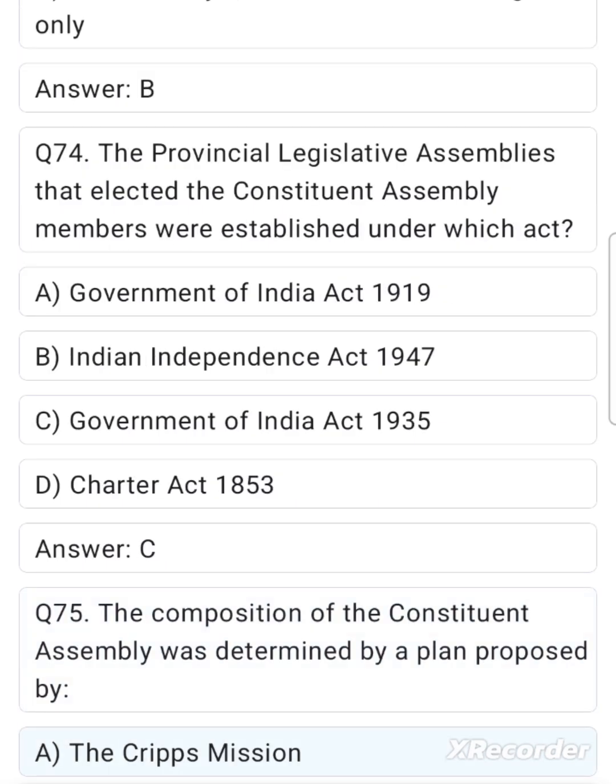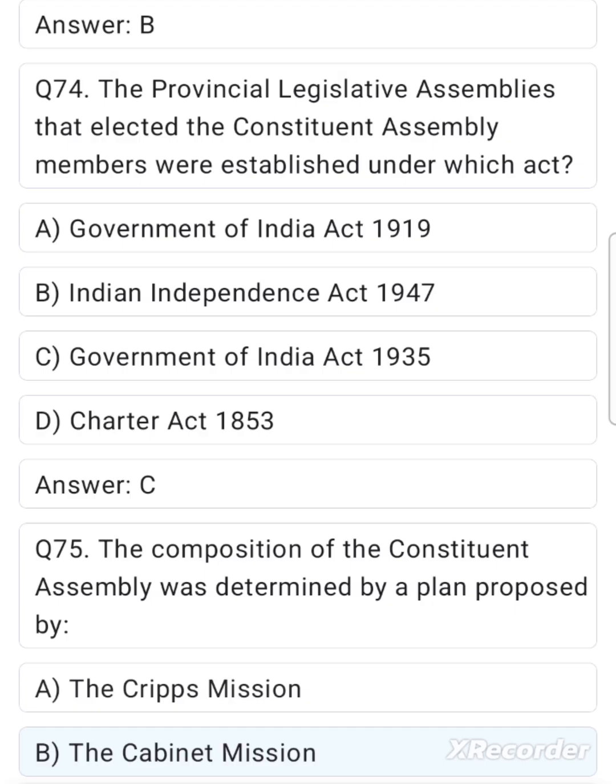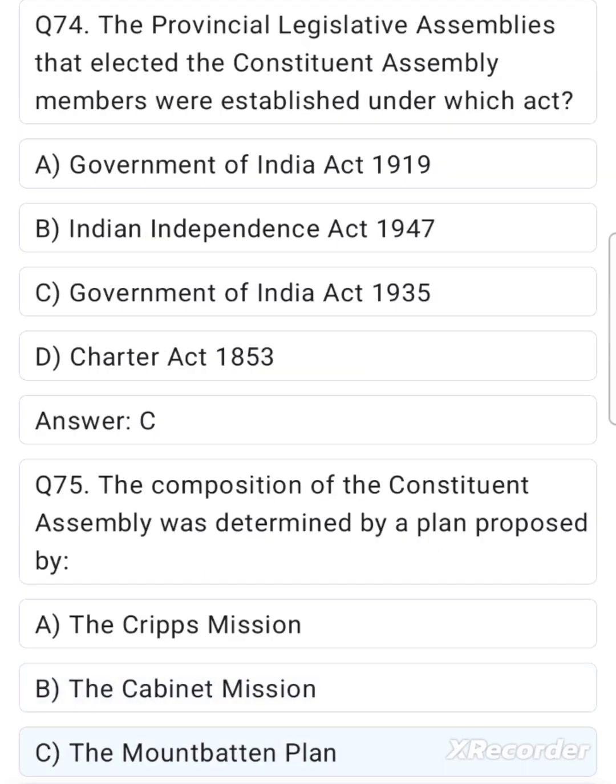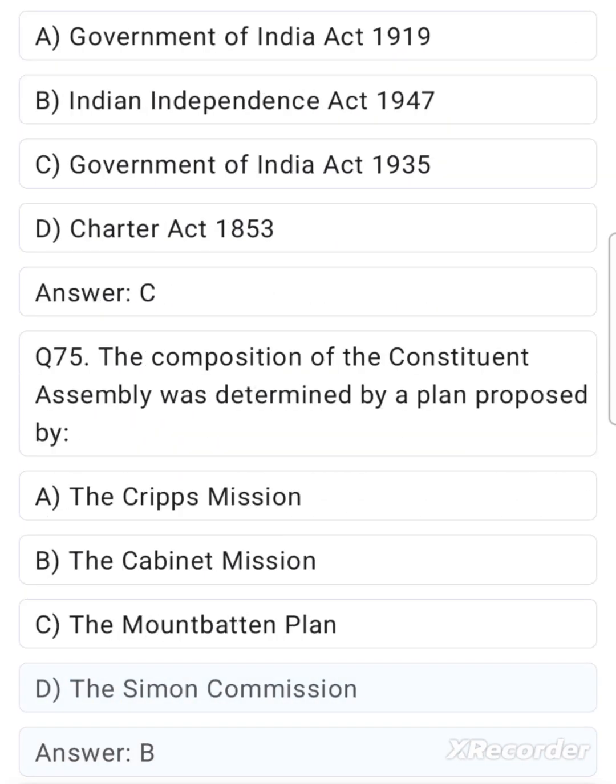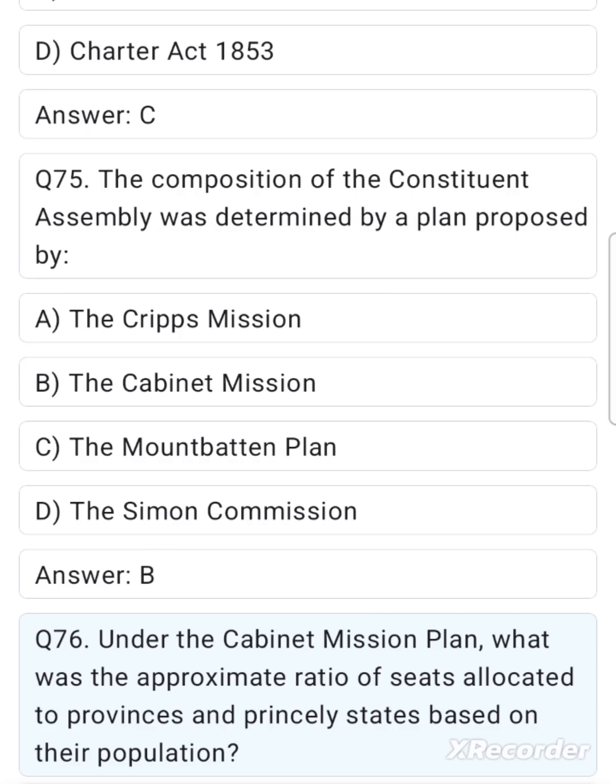The Cripps Mission. B. The Cabinet Mission. C. The Mountbatten Plan. D. The Simon Commission. Answer. B. Q76. Under the Cabinet Mission Plan, what was the approximate ratio of seats allocated to provinces and princely states based on